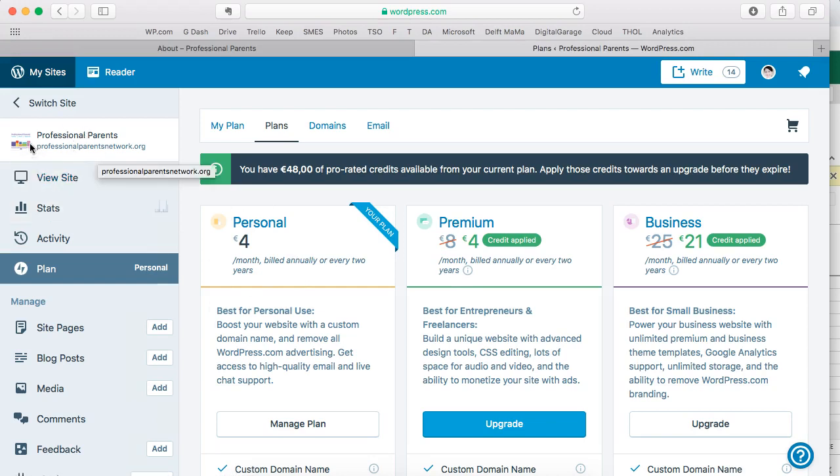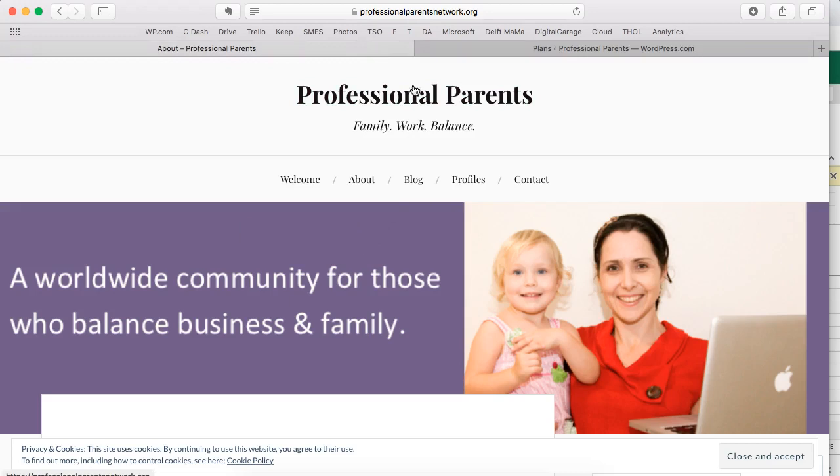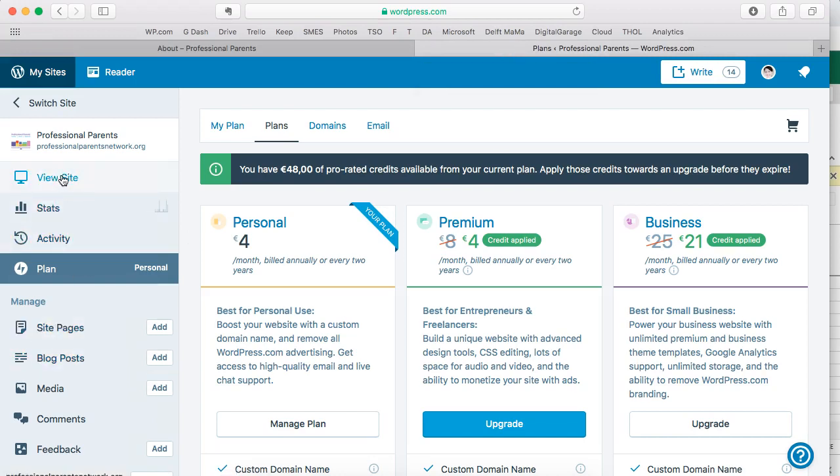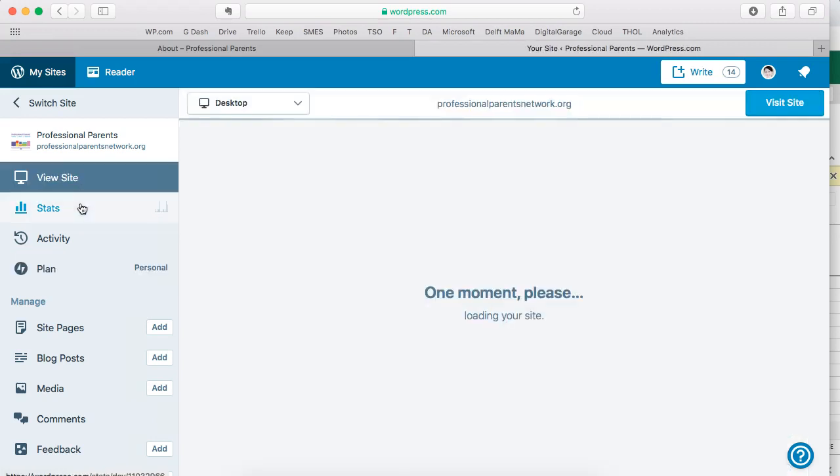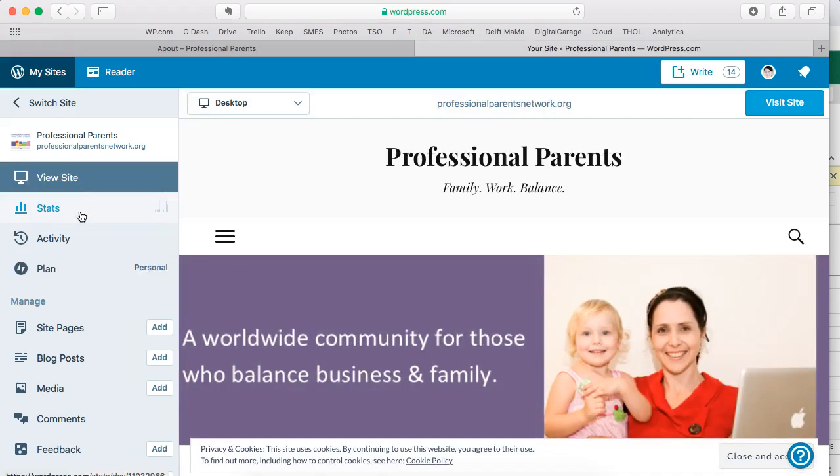That allows me to use my own URL, which is professionalparentsnetwork.org, and I've logged in at wordpress.com, and that is allowing me access to the back end of this website so I can work on it. There is the menu down on the left hand side here, and if you're new to WordPress, I recommend that you just click through and experiment and look at all the different